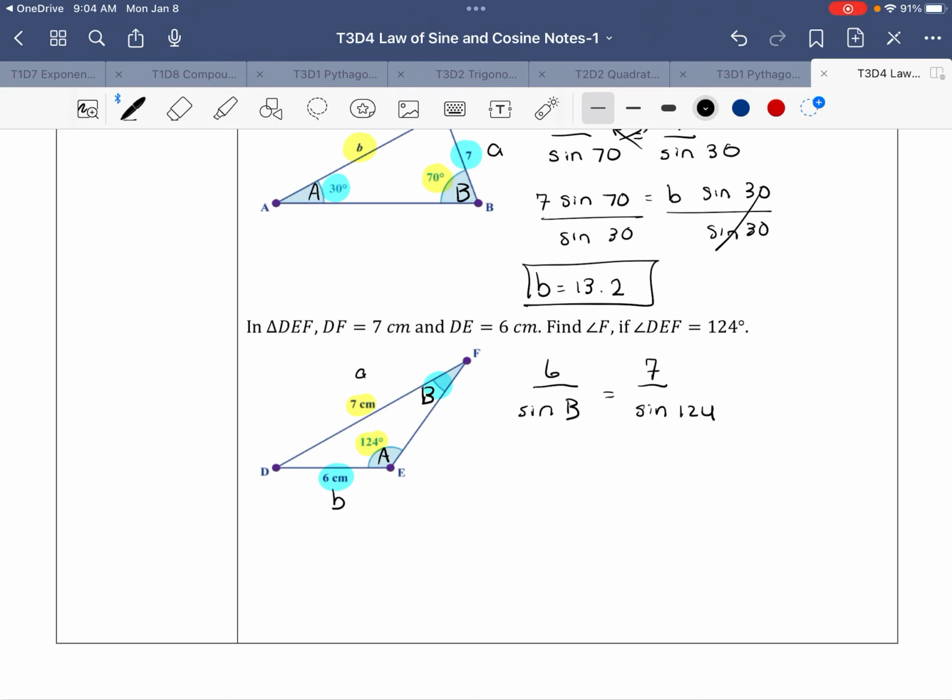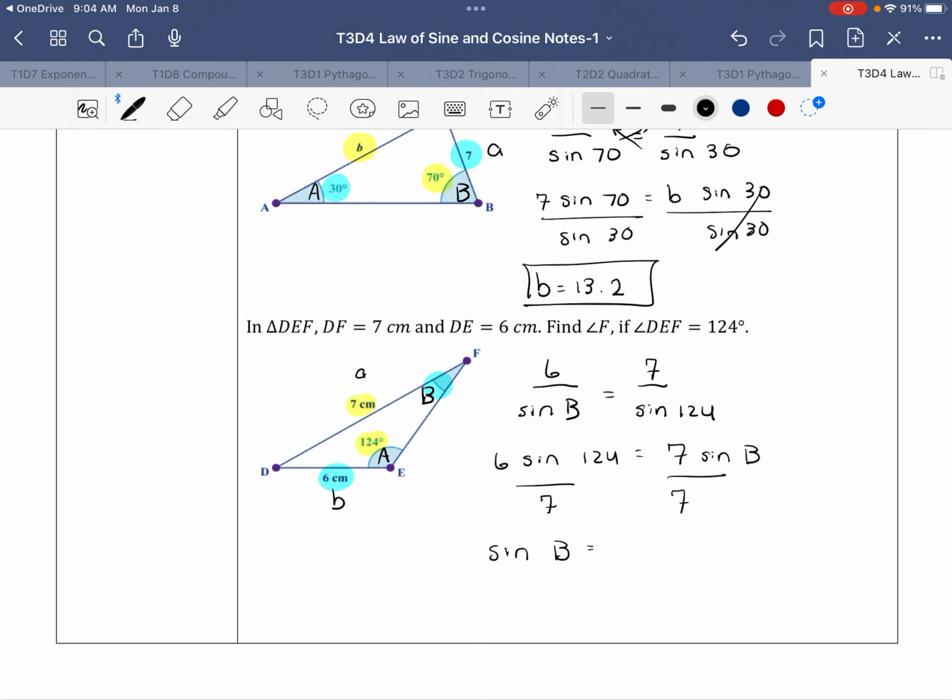And again, we're going to cross multiply. 6 sine 124 equals 7 sine B. And then this time I'm going to divide by 7 across the board, and I'll find that sine of B will equal,